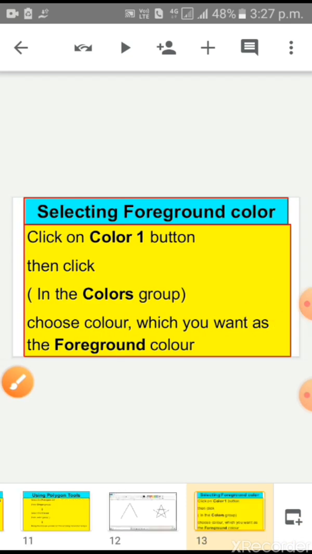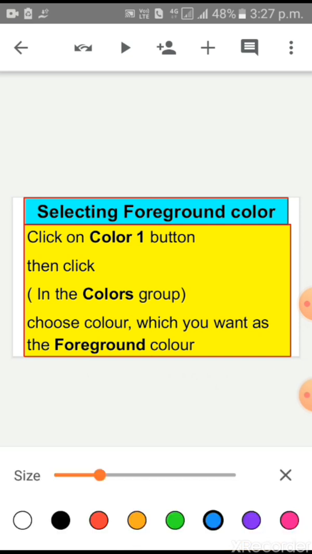Now next is selecting foreground color. Children, if you want to give the color to the foreground, click on Color 1. There are two color buttons on the Paint application window. Color 1 is for foreground color and Color 2 is for background color.